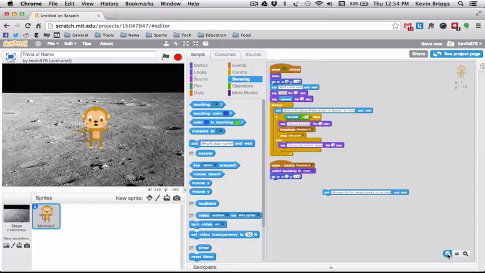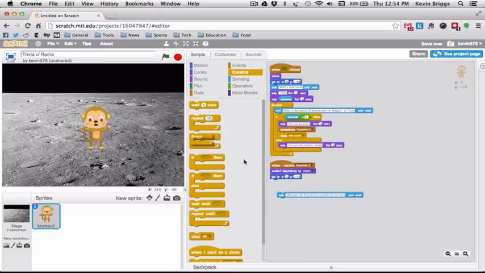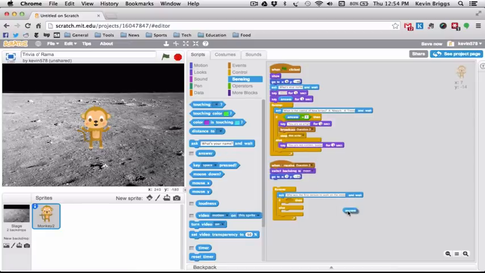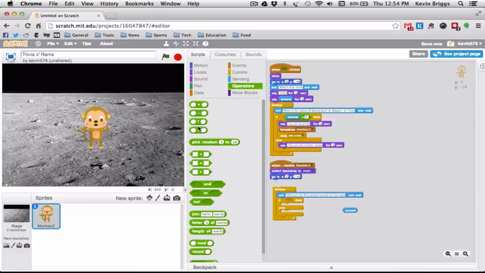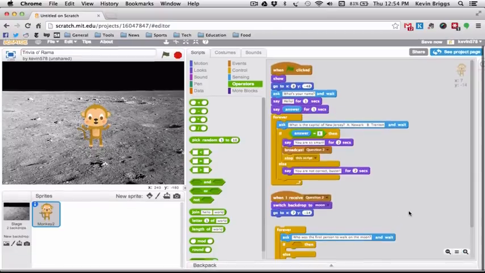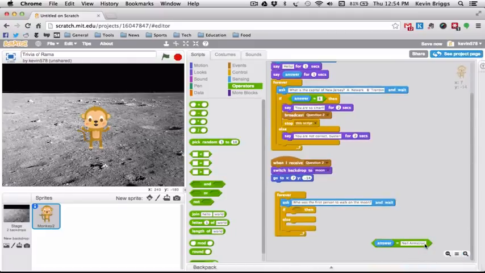Okay, and I might want to have this go out a little bit because our commands are getting small. And I'm going to wrap this in the forever loop. Okay, and now we're going to go to our if, then, or else statement. Okay, if the answer, I go to my green one here. If the answer equals our correct answer to this, which would be Neil Armstrong. And I'm just going to zoom in again here. This should be better now. If our answer equals Neil Armstrong,